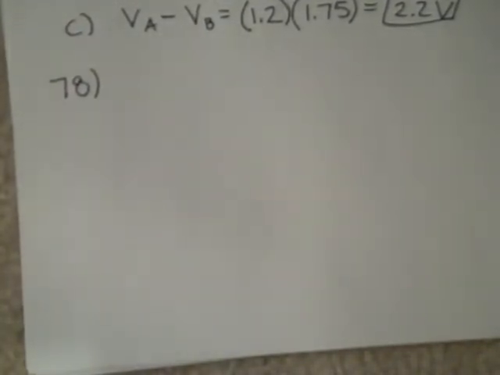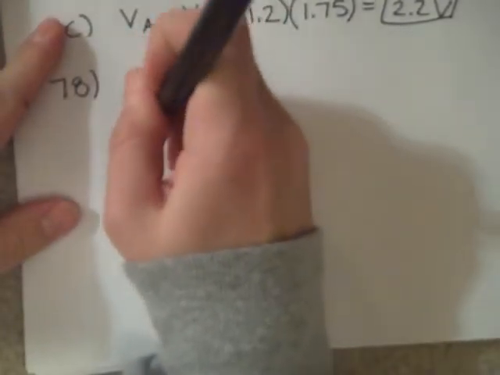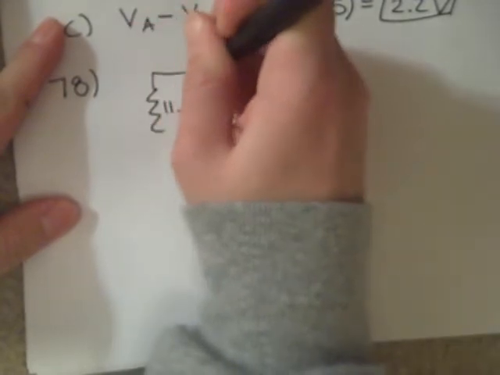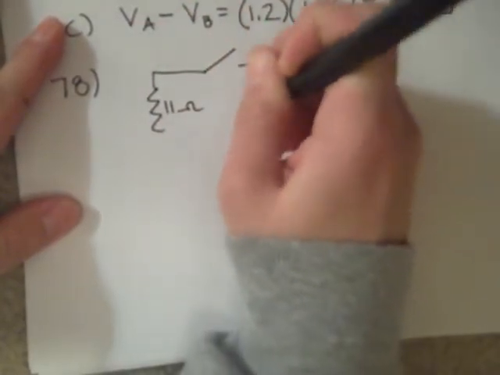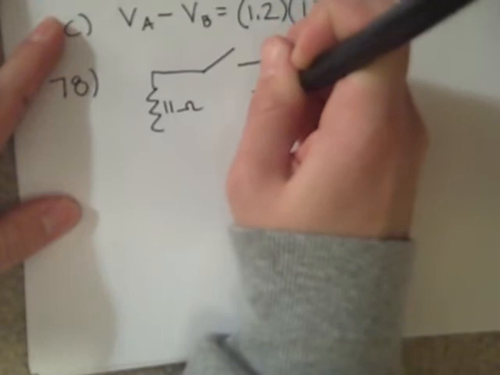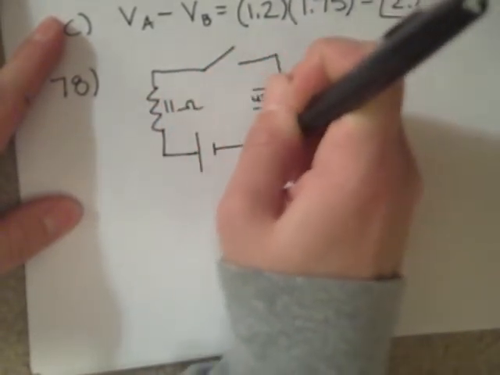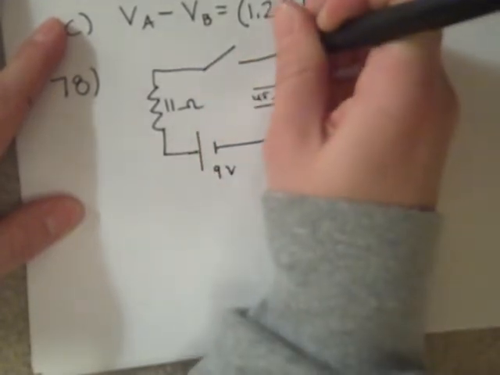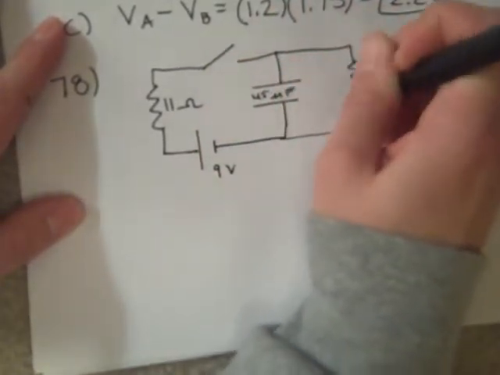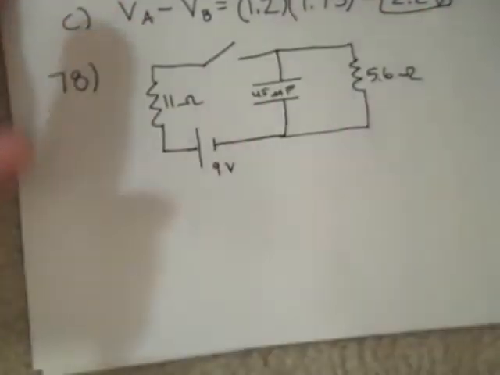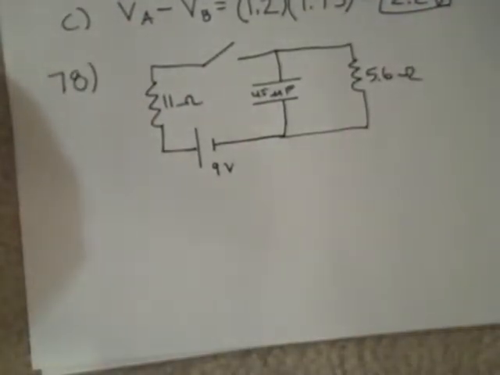And 78 is giving us a circuit that looks like this. So we have an 11 ohm resistor, we have a switch, we have a 45 microfarad capacitor, we have a 9 volt battery, and then over here we have a 5.6 ohm resistor. And so in A, they're asking us to look at, is the current flowing through the battery immediately after the